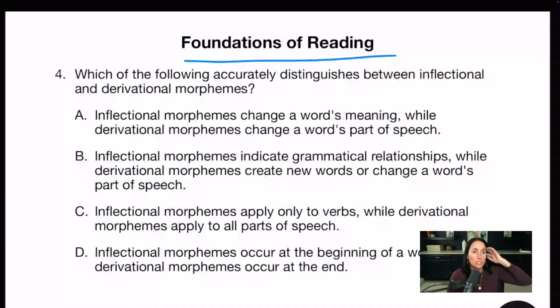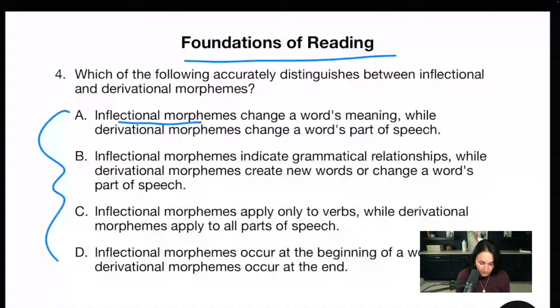Those of you here for teaching reading, please pay attention to these as well. These are the same types of questions you're going to get. I'm going to jump to the teaching reading study guide in a second. I'm starting with Foundations, but I'm going to be on your study guide in a second, but these are still very important. All right. Number 4, let's go ahead and look at the answer choices.